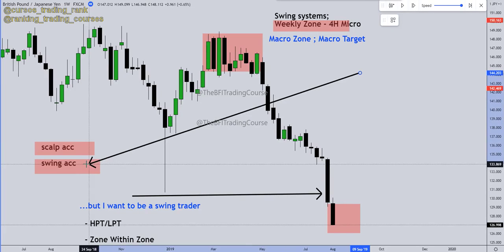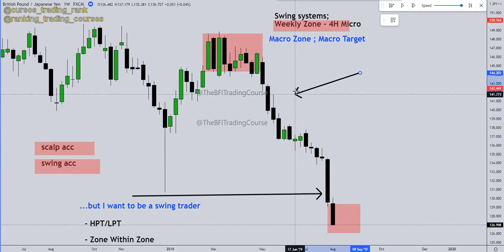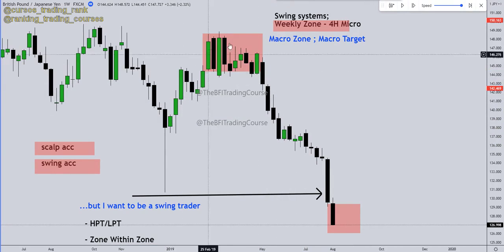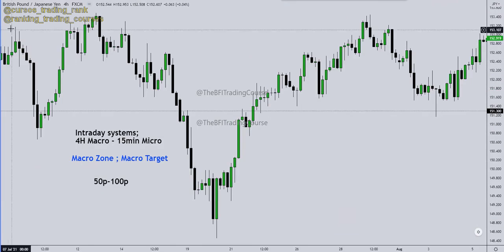I didn't say set and manage. Set and forget. Very few do it. But weekly zone, weekly targets, and that's just a swing trade. Here's a 4 hour